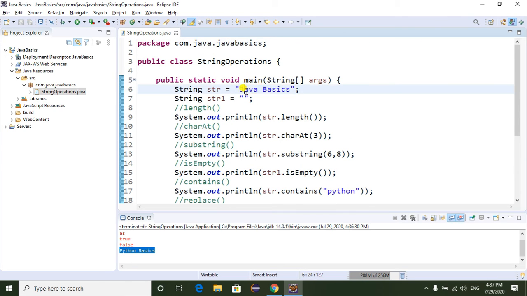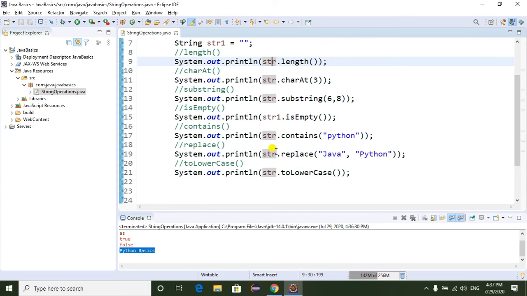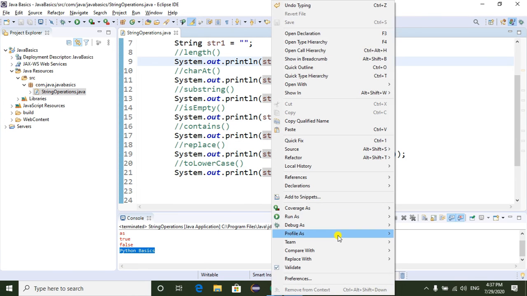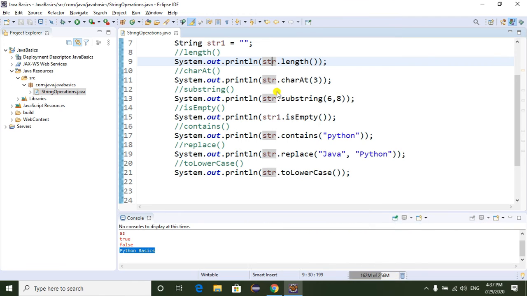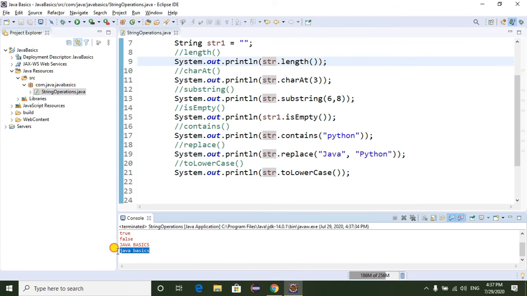If you observe here, I will change this string to uppercase. I want to print this string in lowercase letters. Now if you observe here, it will convert the uppercase into lowercase. Here it is printing the lowercase letters.